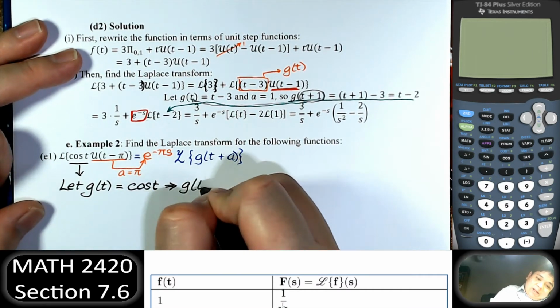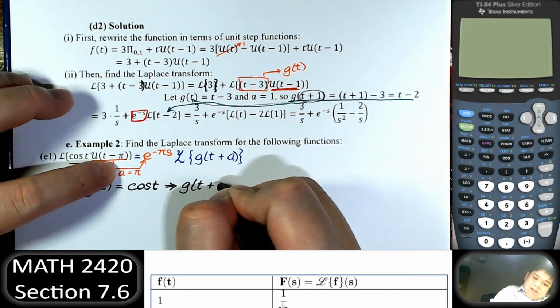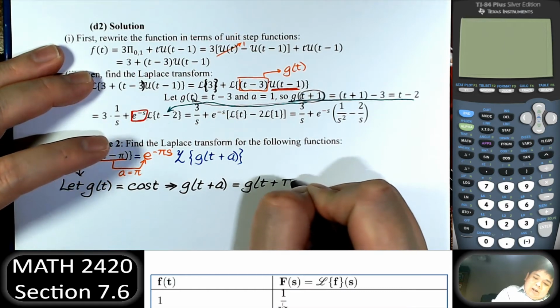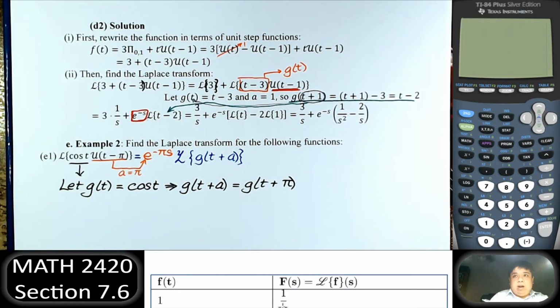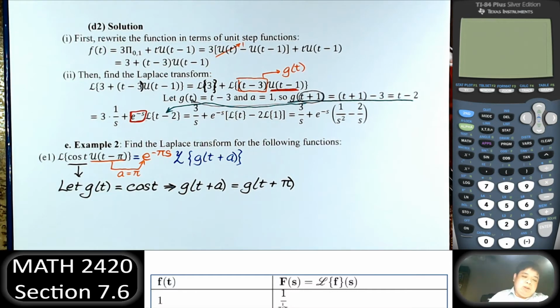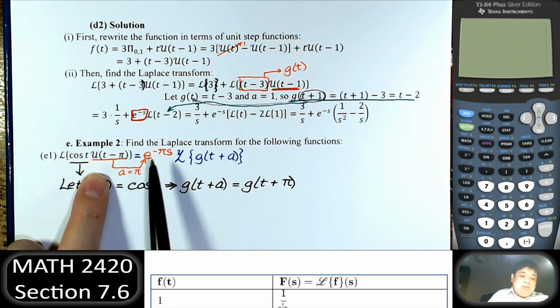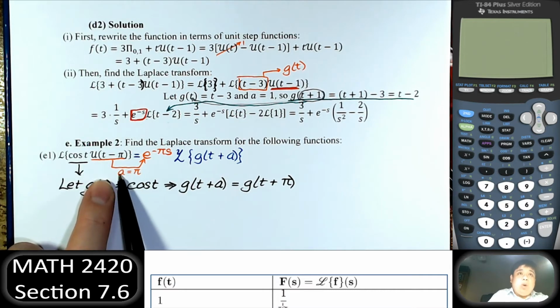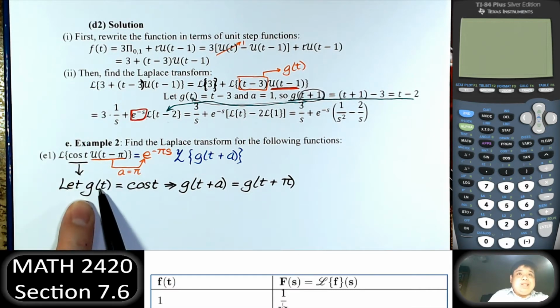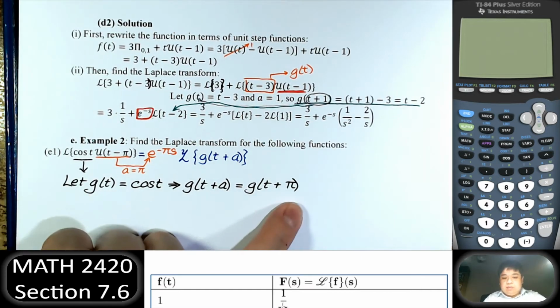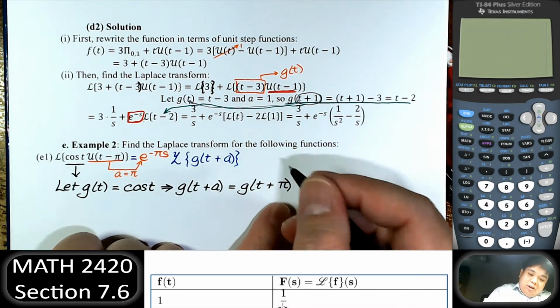So what is g of t plus a? Which is g of t plus pi. Right? Because pi is a. So to recap, when we see the unit step function, replace that with e to negative as. So we know a. What's left of the function is g of t. When you have g of t, try to find out what is g of t plus a, just this. Now we can put in the function